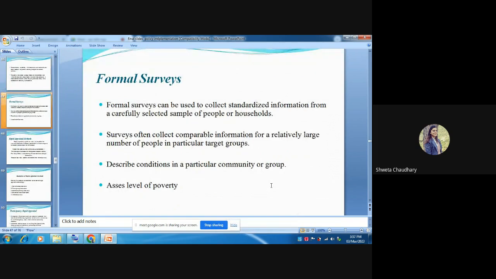Then formal surveys method. In this, we just survey out the things, see what is going on, describe the conditions for a particular community and give their results. Like we make a questionnaire on certain things and then we find out whether the people of that community are educated up to 10th level or up to 12th level or graduate. So if we get a number of graduates at 60%, then we see that the education policy which we have introduced has given good results. So this is just taking up a survey and finding out the results.